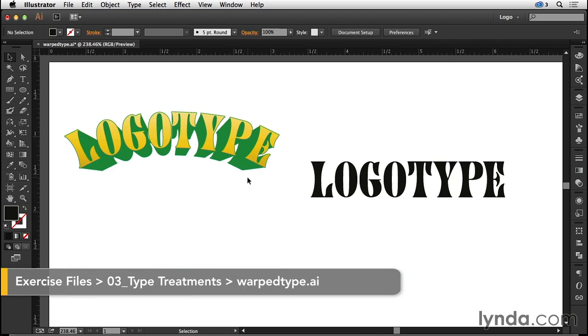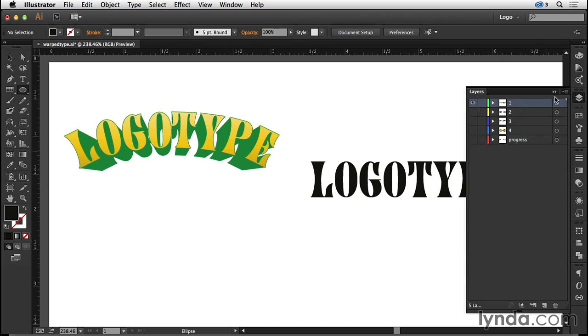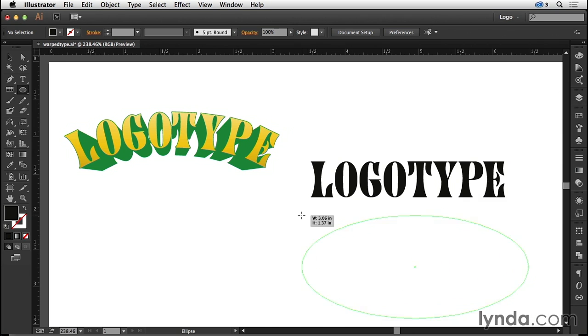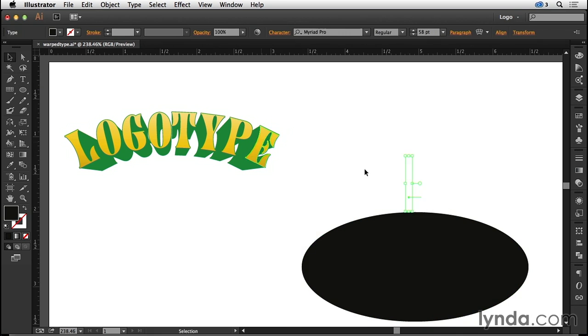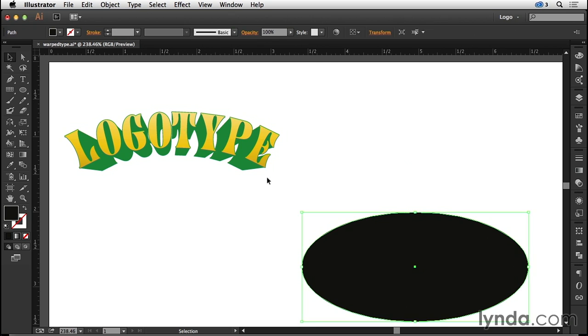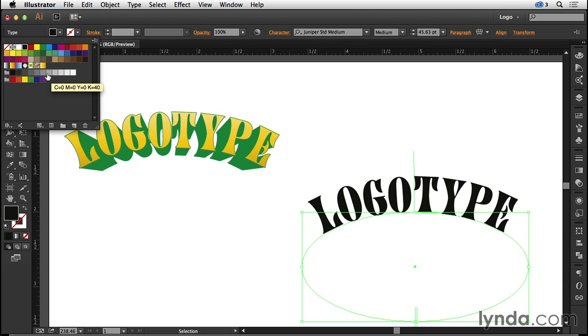In this first example, I want to create a simple extruded shadow. I need to make sure I'm on the right layer. I'm going to begin with an ellipse, select my type, cut my type, delete that empty text object, choose my type on a path tool, and then click at the 6 o'clock position and paste my type. I'll change its color to a light gray, so that we can see it distinctly from the